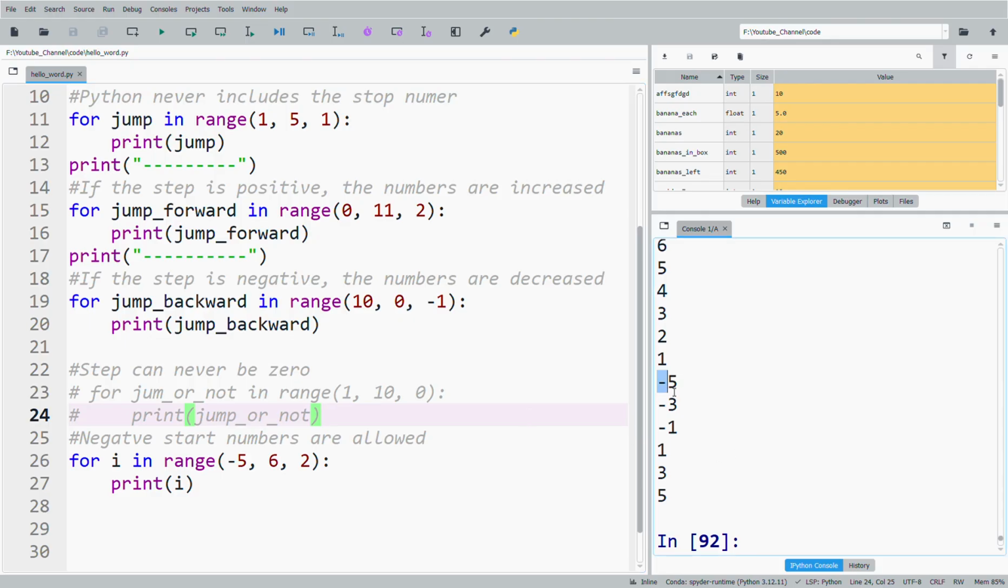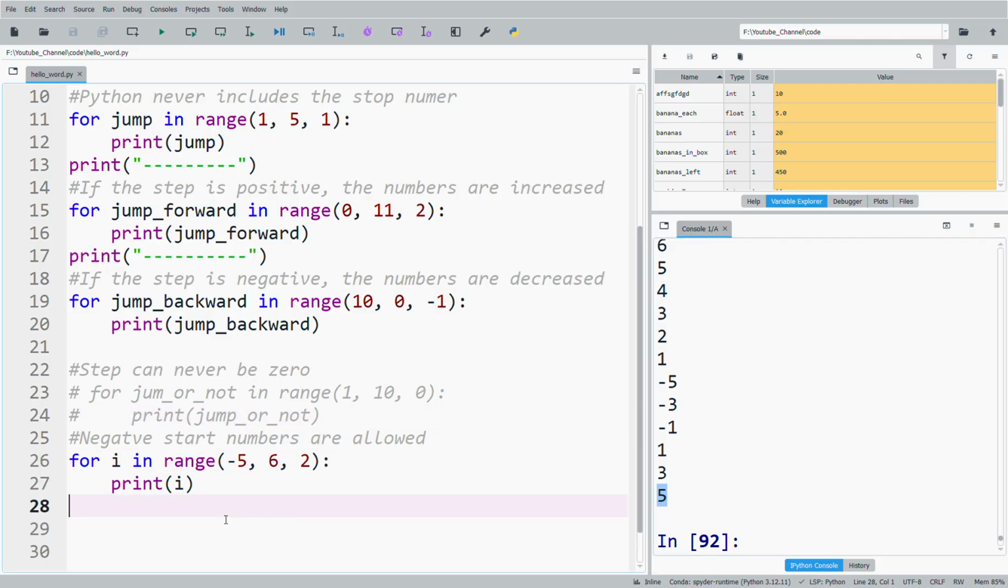So we see the numbers start from -5. Each time the number is increased by 2. So we have -5, -3, and so on. The last number is 5 because the last number should be less than the stop value if the step size is